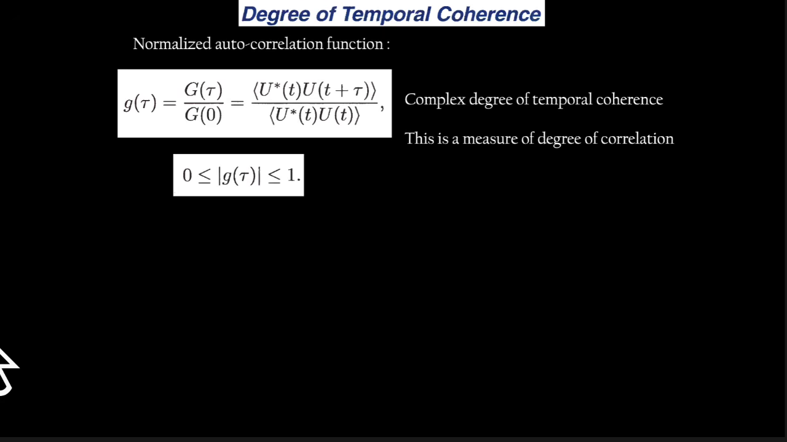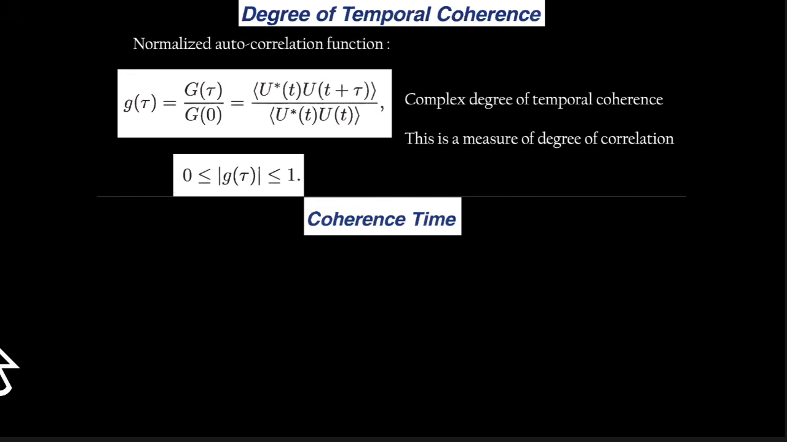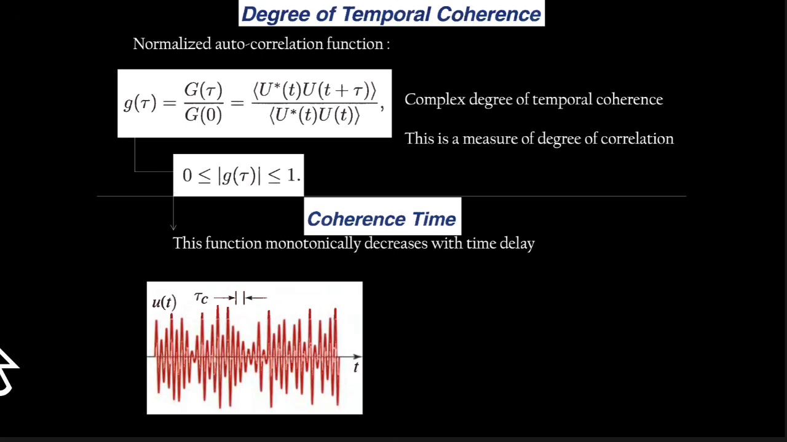Now, this is a measure of the degree of correlation, so to speak, and it has a very fascinating connection to something called coherence time. Okay. Now, what is coherence time? Coherence time essentially takes this function, which decreases monotonically with the time delay, which means that you can now ask, if you have this kind of an arbitrary fluctuating function, what is this particular time delay